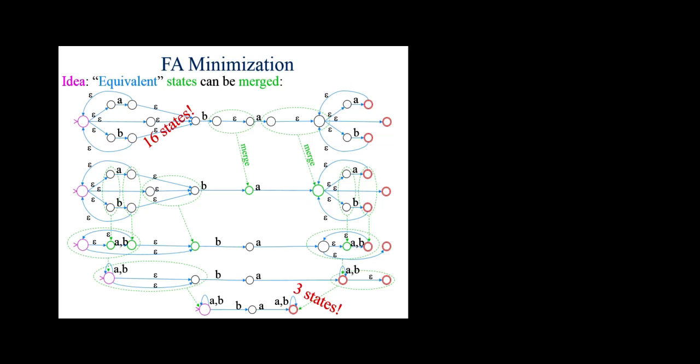And at some point, it'll fizzle out. You can't reduce everything to one. Just like not all programs can be reduced to a single line of code or whatever. So it turns out that this is the smallest machine for this language. And sure enough, AB iterated here is sigma star. Here's the other sigma star, and here's the B and the A. So this machine accepts some B before some A, and anything else goes. How many get this whole process?